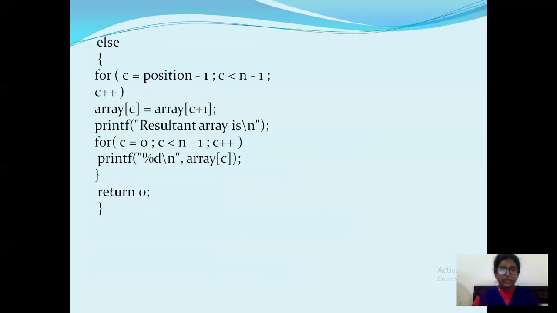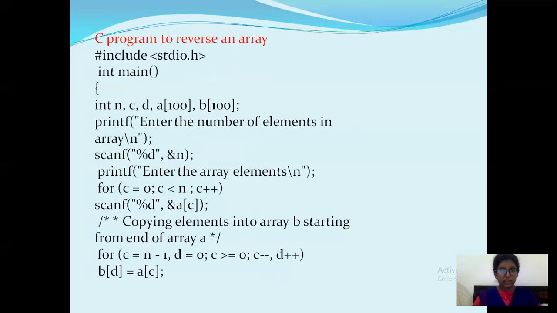Like that you are going to delete your element and you are going to print the resultant array. Then how to print the resultant array? So C equals to 0, then C less than n minus 1 and C plus plus, you are going to print all the elements which are there in your array now after deleting that particular element based upon your position.